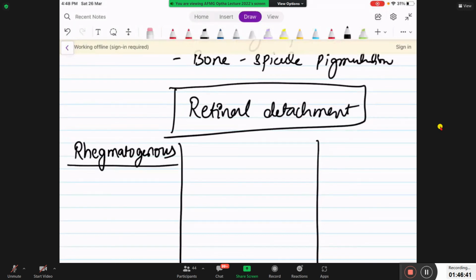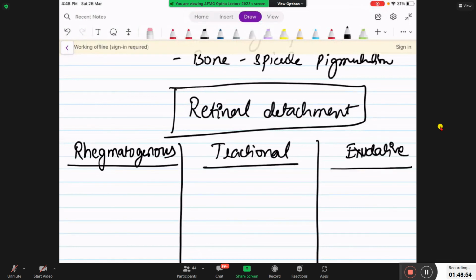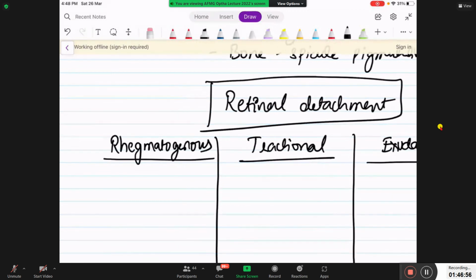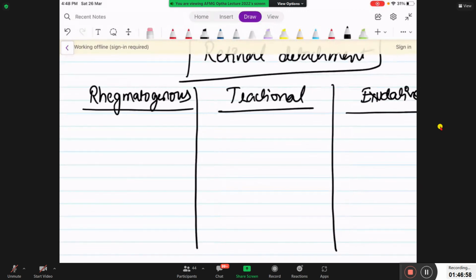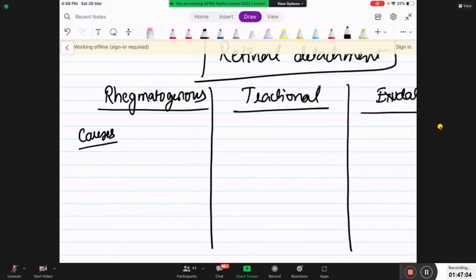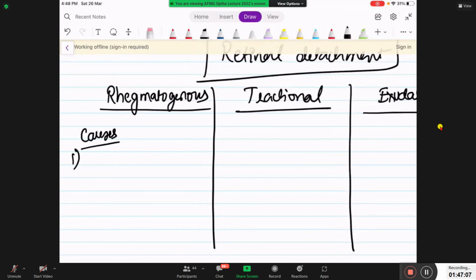Rhegmatogenous retinal detachment, tractional retinal detachment, and exudative retinal detachment. Now coming to important causes of these 3 RDs. Causes you have to remember. First is